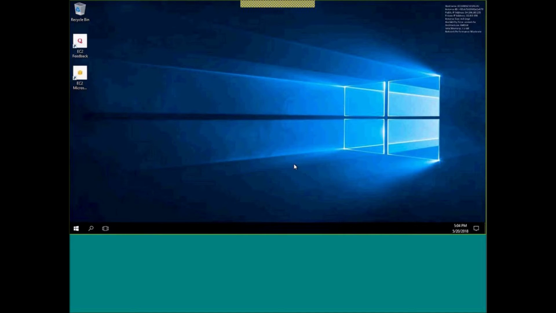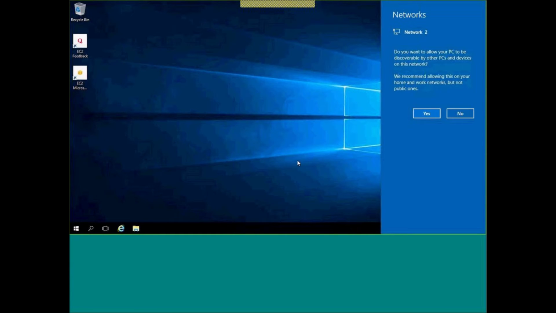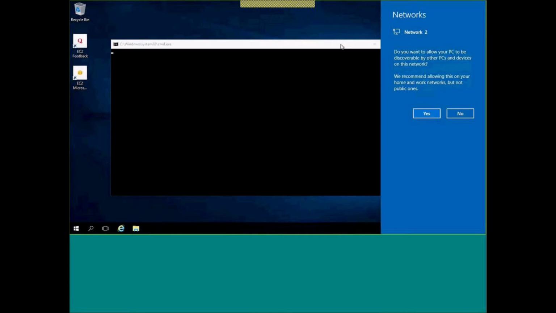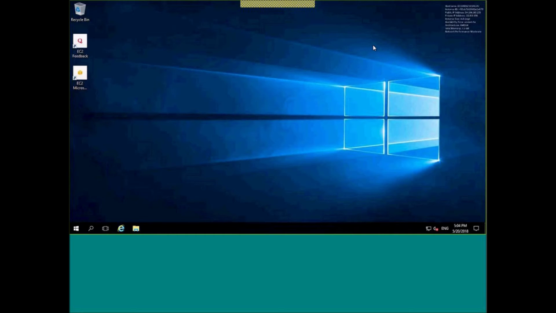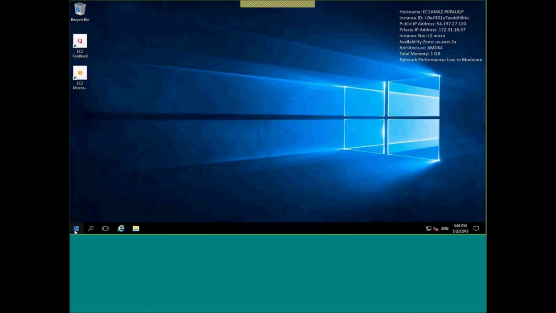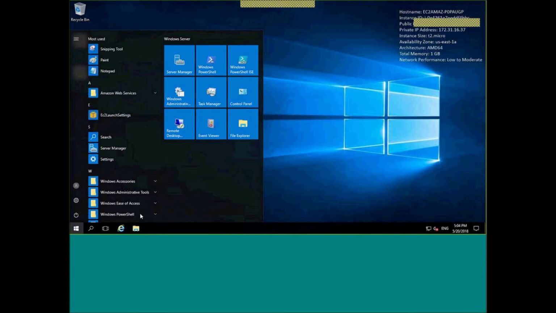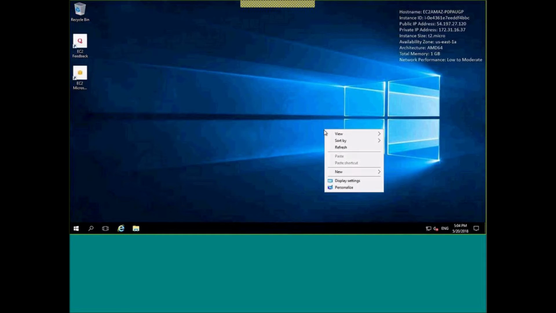You can see now the Windows instance is launched. My laptop also has Windows 10, so from there I am able to connect to the Windows instance, right? You can see it's the same as how you work in a Windows environment.